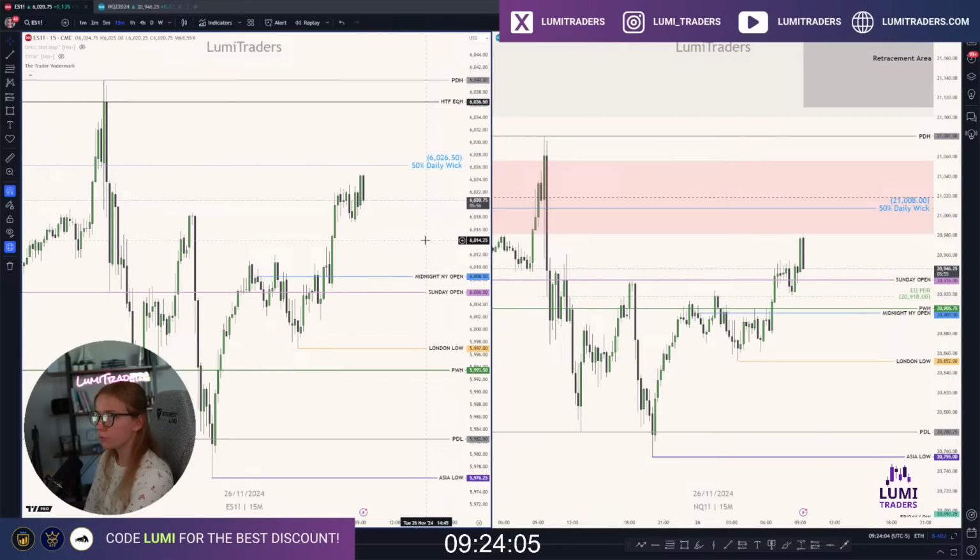For CL, I'm waiting for a move lower. As I said, maybe 69.10, 69. Then I would like to wait for a 5-minute bullish order block. Basically, it may offer a twin setup, and I will try to long. I'm not sure if I'm going to try this. We will see if it makes a retrace down, to aim for 70, 70.20, something like this. If no retracement down, as I said before, most likely I'm not going to take this long. We'll see.